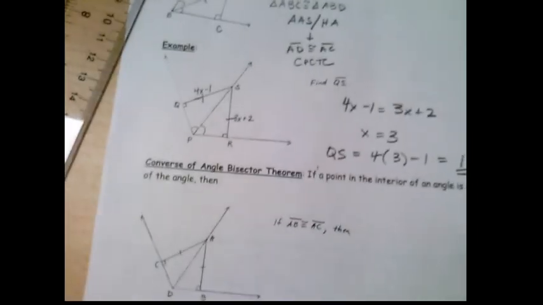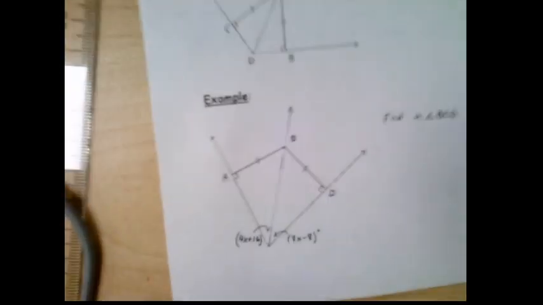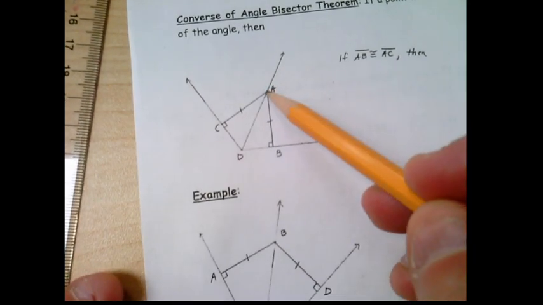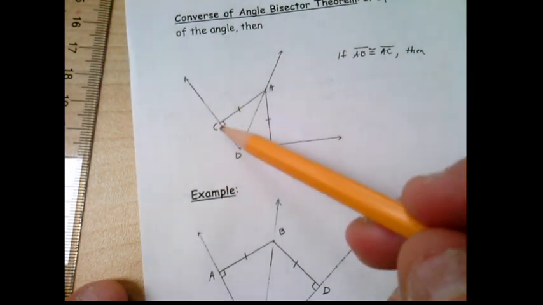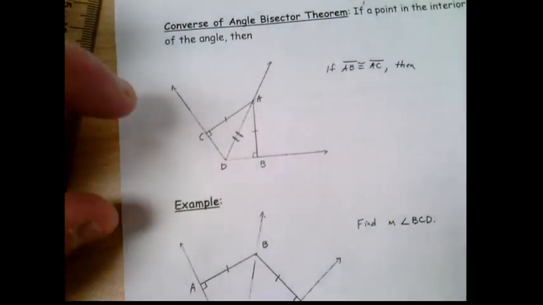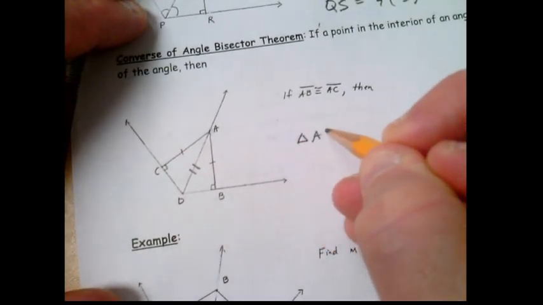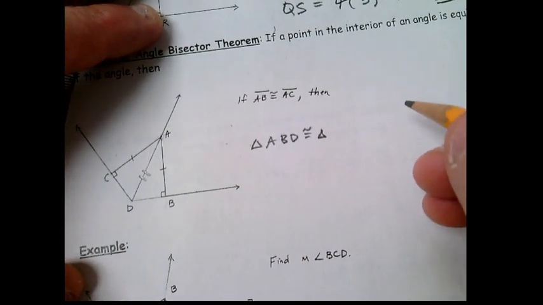All right, one last theorem to go over here, folks, and here's what it says. If a point in the interior of an angle is equidistant from the sides of the angle, then what is true, okay? So what I've done here, as you can see in the picture, is I've drawn a point that is on the interior of an angle, and it's the same distance from the sides of the angle. Now again, I drew it the shortest distance to the sides of the angle by making it perpendicular, okay? Now, what we're going to find out here is this. Since AD is congruent to AD, we then would know the triangles here are congruent, triangle ABD and triangle, let's see here, ACD